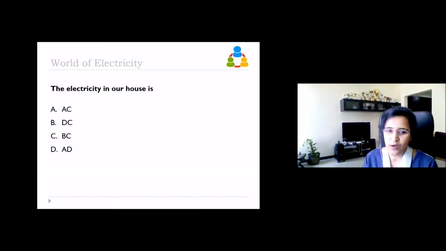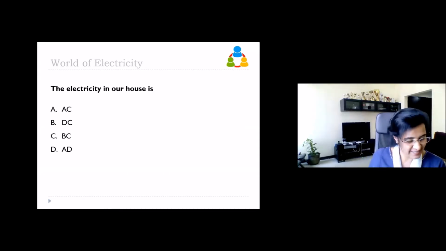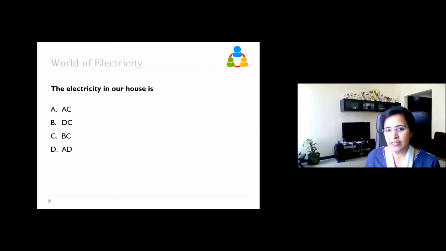Electricity in our houses. What is the supply, the electricity in our house? Is it AC or DC? Yes, everybody attempt. It's AC. Yes, okay. So just to get you the concept, at our home, we always get AC,